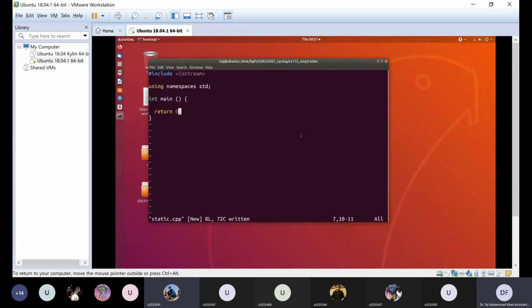So I declare my class A. This is a non-static member variable. If I want to create a static one, I will have to write static int y.